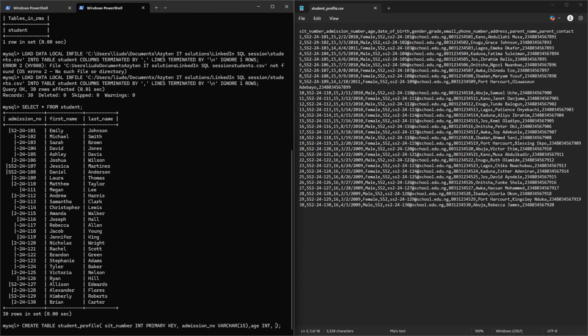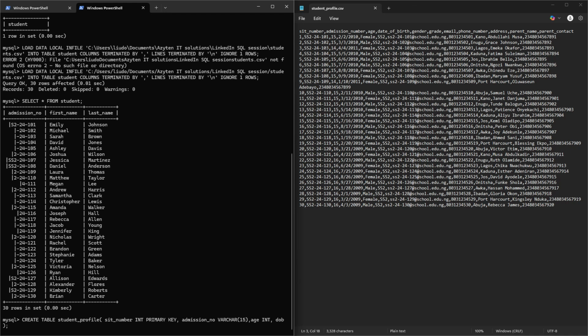I would say date of birth. Again, I'll say DOB because I don't want to type so much. DOB, the data type is date. I only do a comma. I'll say gender. I would say character, and I will just put 6 because the highest is figure, which is 6 characters. I would say grade will be